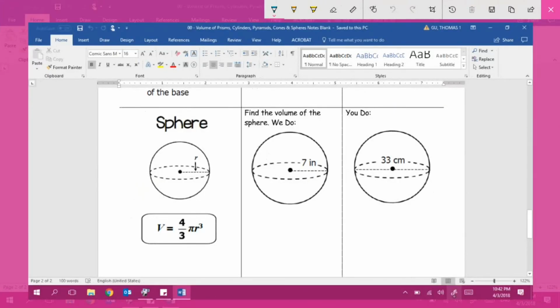And last but not least, we've got the sphere, the most perfect shape ever, the sphere. The formula here is volume equals 4/3 pi r cubed. So let's take a look at how we're going to use this. What's r? Take a look. It's right there, 7, bam. So that means we're going to go 4/3 pi 7 cubed. 7 cubed is, let's see, 343. So 4/3 pi times